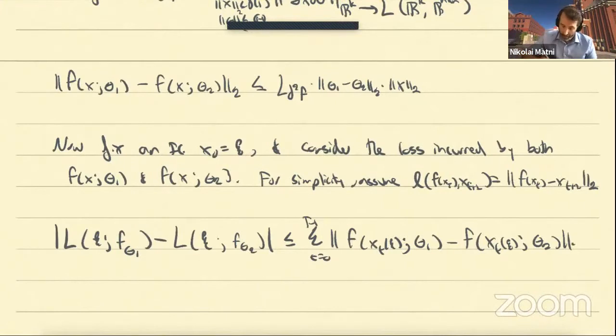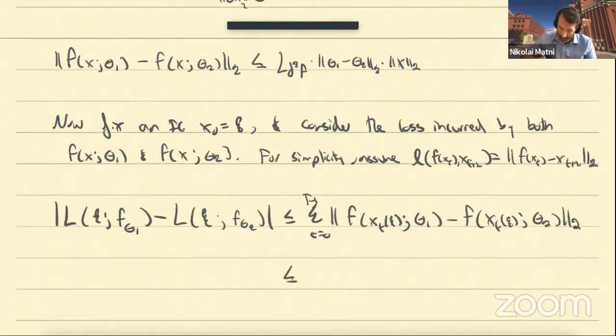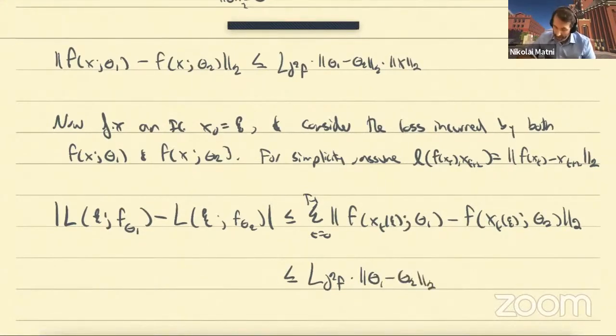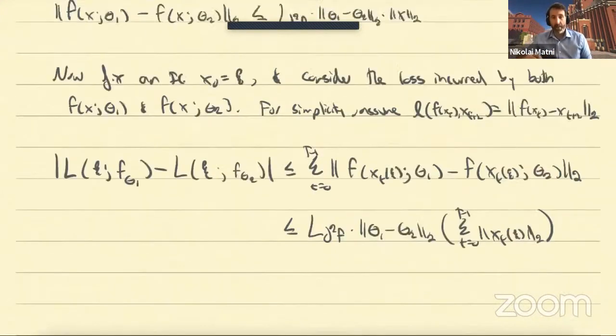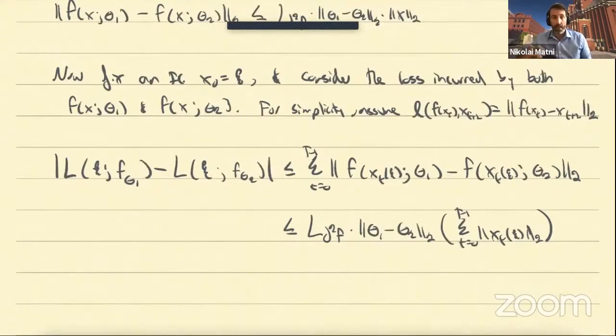And so this is why we worked hard to get a bound on this expression here. So I can apply that bound to conclude that I end up with something that looks like L delta squared f times the 2 norm of theta 1 minus theta 2, and then we have the sum from t equals 0 to t minus 1 of the 2 norm of xt of c. Okay, so this is nice because now we've reduced bounding the Lipschitz constant of our loss function to bounding the norm of a trajectory of the state of our underlying system.